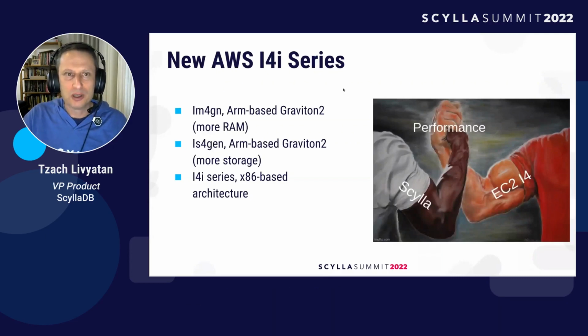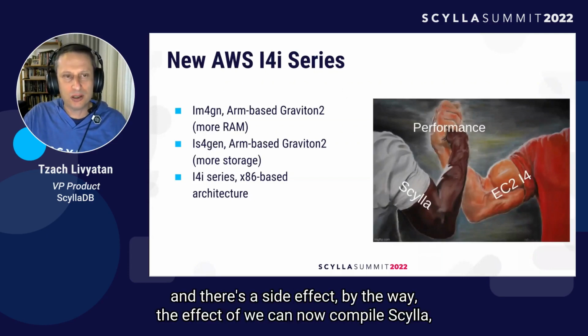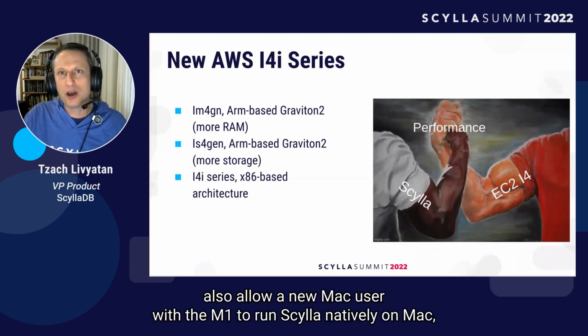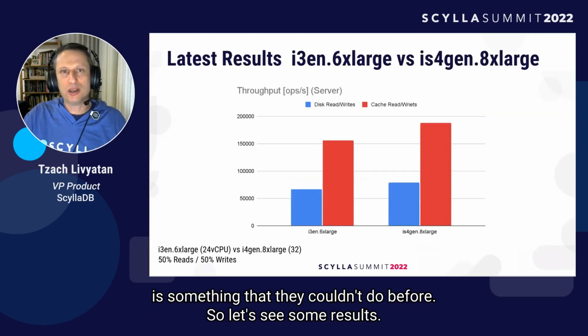So we tested these types of instances, and as a side effect, by the way, the fact that we can now compile Scylla, and I'm talking specifically about Scylla 4.6 and beyond, to ARM, also allows a new Mac user with the M1 to run Scylla natively on Mac, something that they couldn't do before. So let's see some results. We started